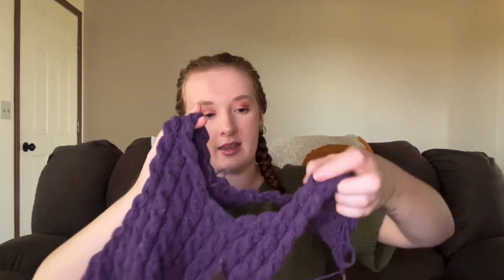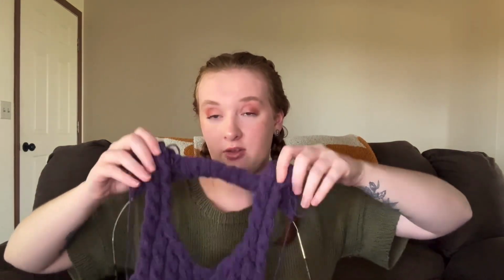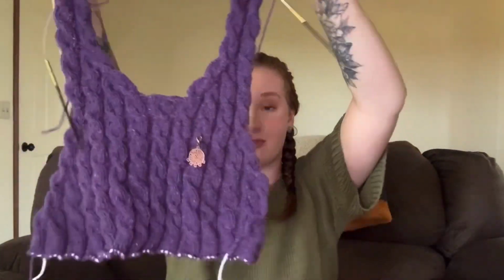That's the word I'm going for. Yeah, it would cinch in the neck a little bit more, because the one that's folded over really accentuates the U shape of the neck, and I don't really like that. So I know that I'm not going to do a double folded collar, but I'm really excited to